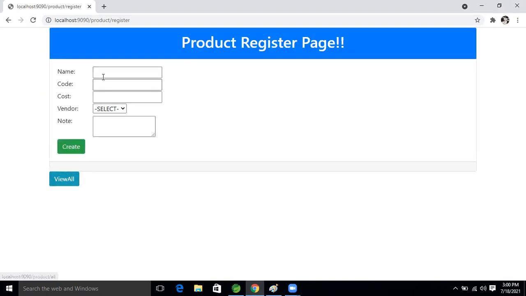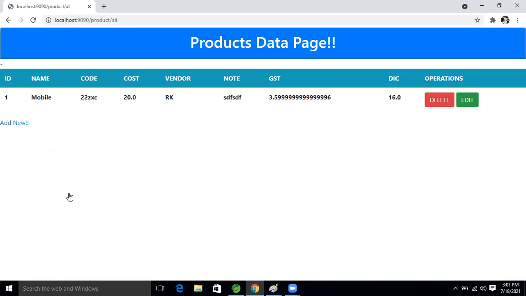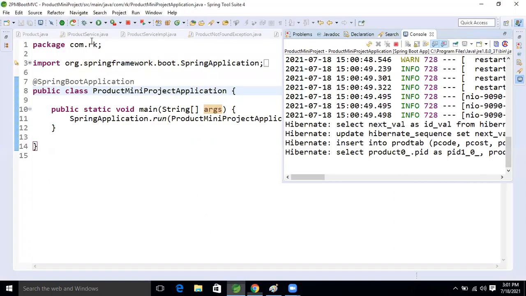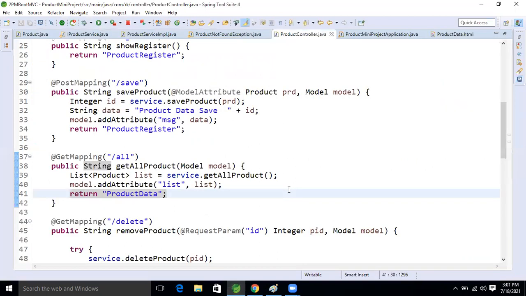Okay, just think about it for a minute. Whenever I'm clicking on all, which method is executing in the controller, guys? This method, right?